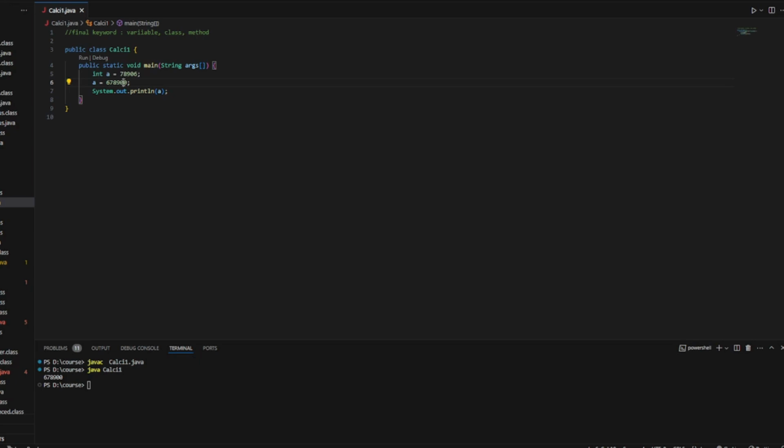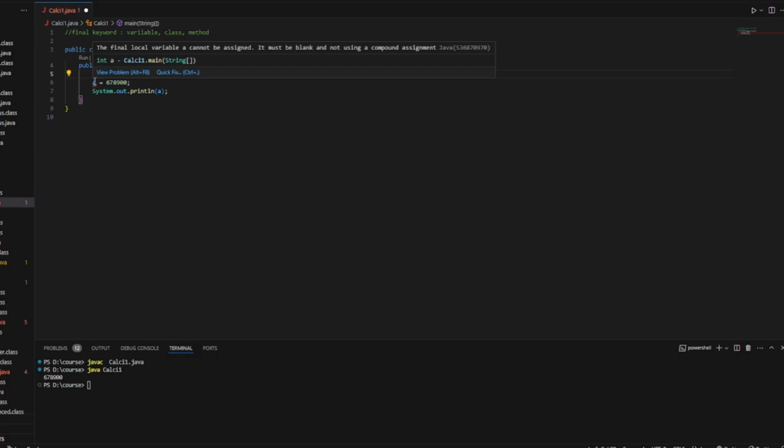Whereas what if a variable is converted to a constant so that no one can change it, right? How we can convert a variable into a constant is by using the word final. So using this final keyword, no one can change that particular variable's value. So basically it is no more called a variable, it is called a constant. And you can see here there is an error occurring. Let's hover over it and see what the error is.